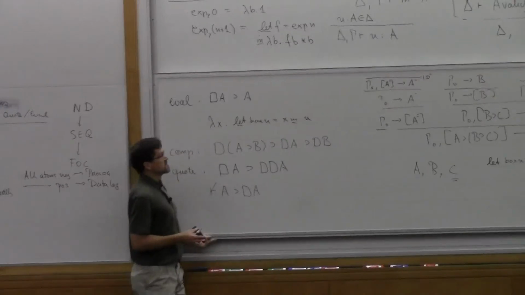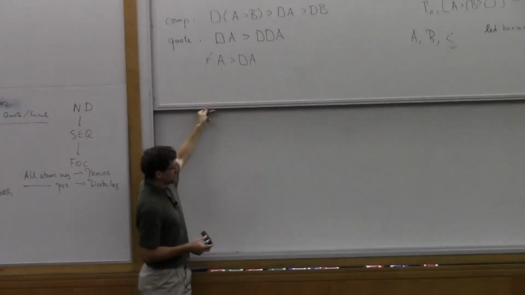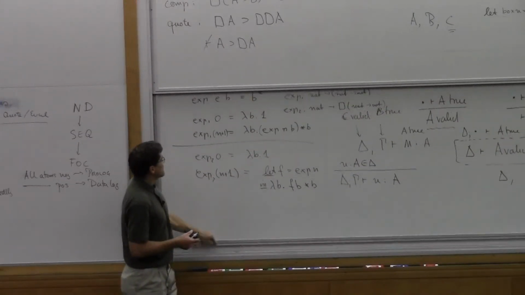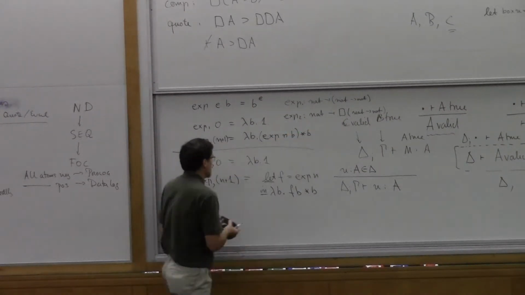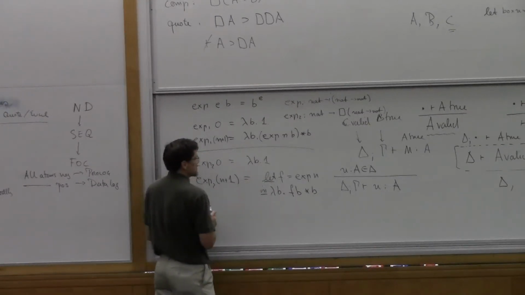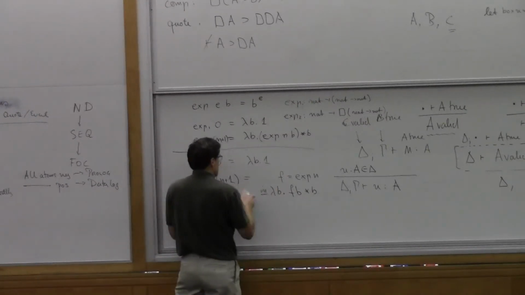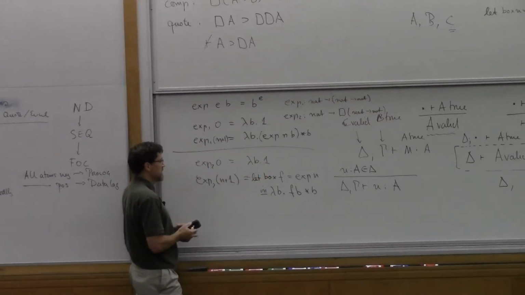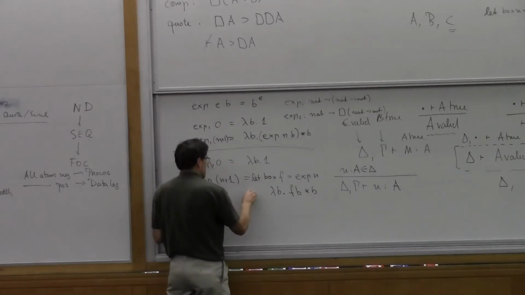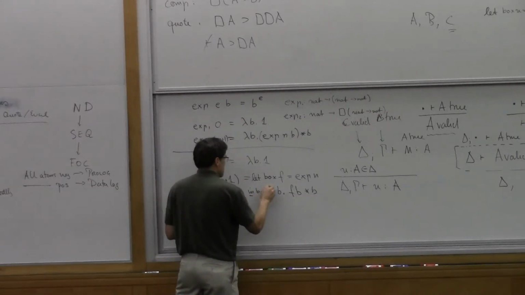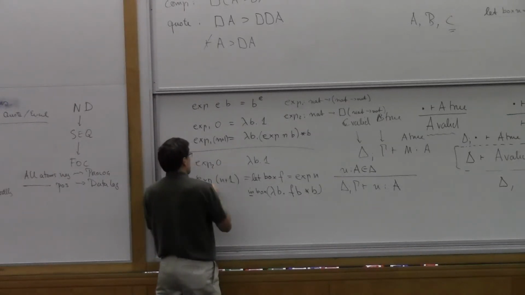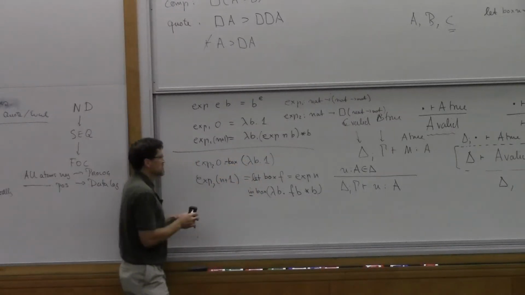OK, and now we can change this program up here. Last thing that I'll do. I'm sorry to go so far over time, but in order to give this type, what we do is we take the same function here, but we write let box of f equals expression of n in box of this. And this thing will have to be box of this.